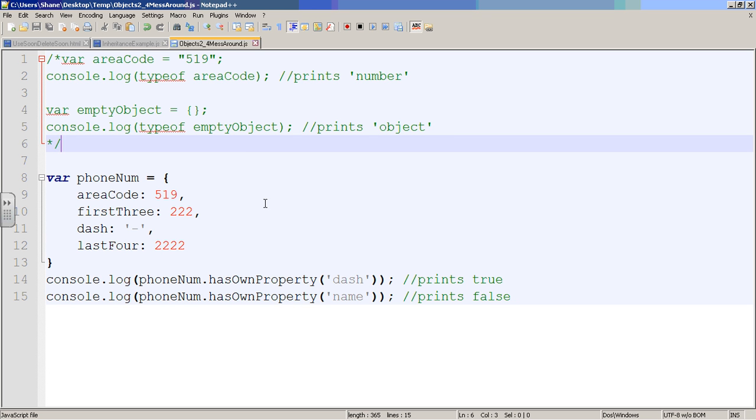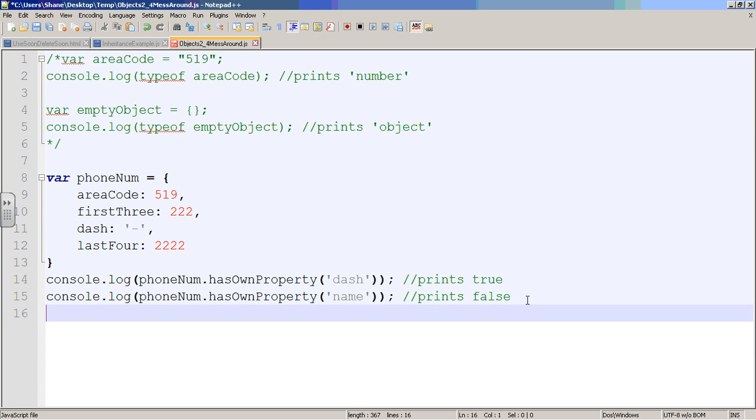Well, when we're dealing with objects, and these are often bigger programs than we'll write, remember, before we start doing some calculations or before we start making alterations to web pages and stuff, things like typeof and hasOwnProperty are a way of checking to make sure your calculation is going to work before you actually go through the calculation. So, for instance, one thing we could do is: if phoneNum has own property name, if this is false, so I could say if